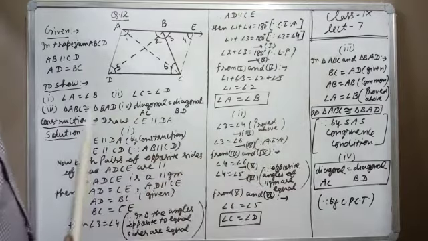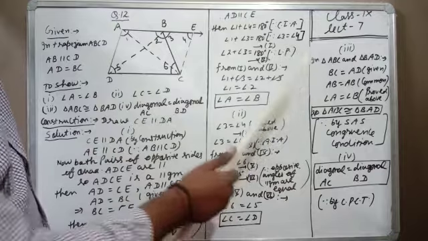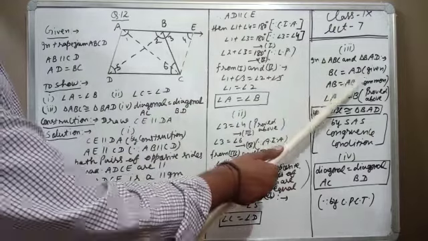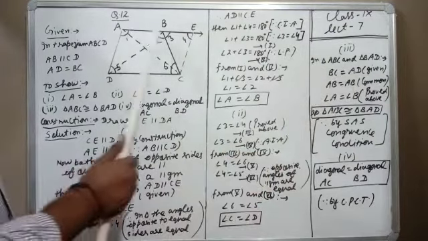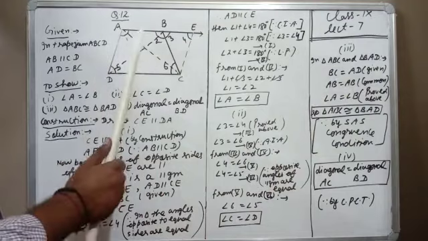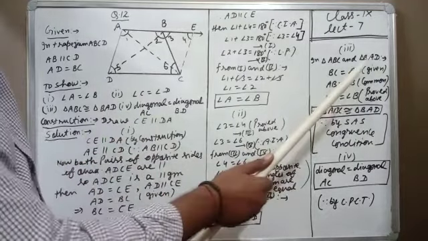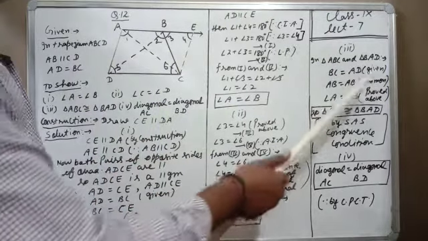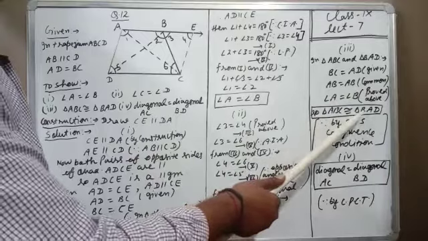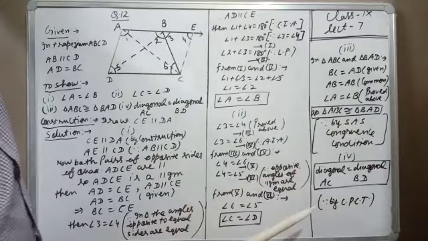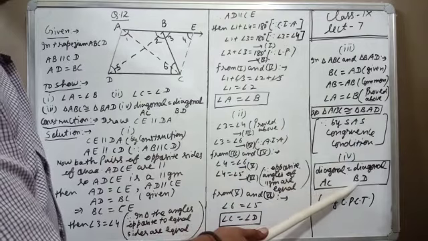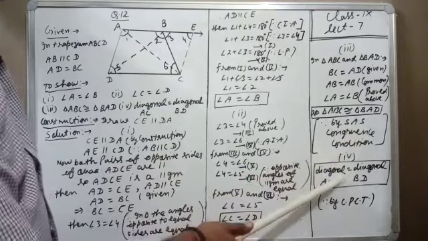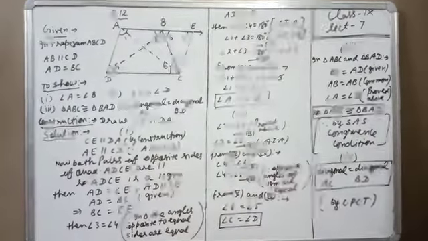Now the third part. In this third part, we want to prove triangles congruent. First we will take help of given. So AD equal to BC. BC we will write at first number, AD at second number. This is given. If you see in these two triangles ABC and BAD, AB is the common side. So first we use given, then we use common. Now we will use what is proved above: angle A equal to angle B. So triangle ABC congruent to triangle BAD by SAS congruence condition. Then in the fourth part, AC equal to BD. We will check the position of AC: first, third; position of BD: first, third. So these are equal by CPCT. So this is also a lengthy question.